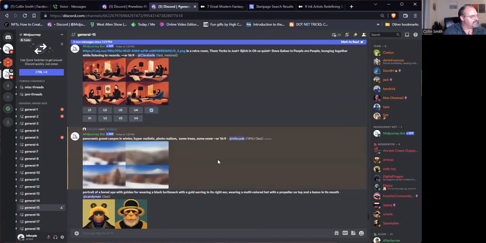So setting up a 3D scene with a background, say a bar, you might be able to get away with putting just a picture of a bar, and then you rig your 3D character, move them around, have them sit in the bar, and then you render it. That whole process would take a real long time.